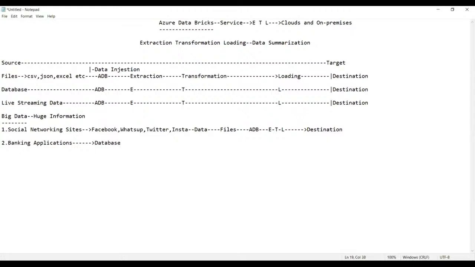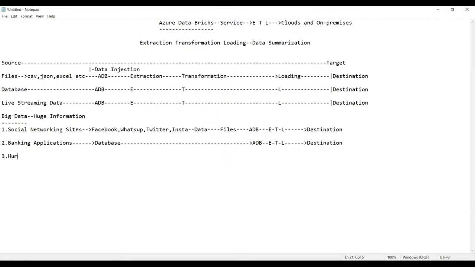From the databases we pull in the data, again the same process, using ADB, Azure Databricks, we perform extraction, transformation, and loading. Finally, once we load it, ultimately it will be sent towards the destination.